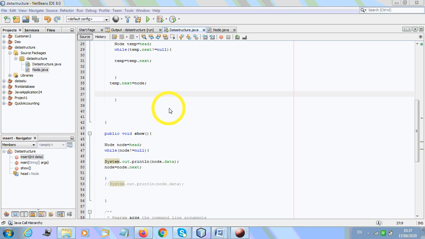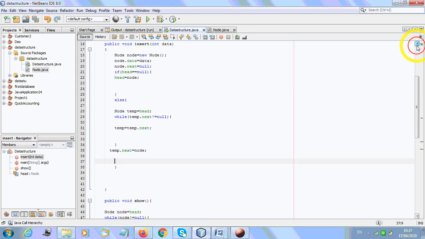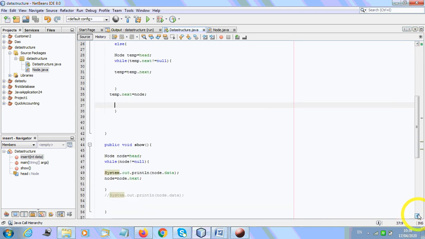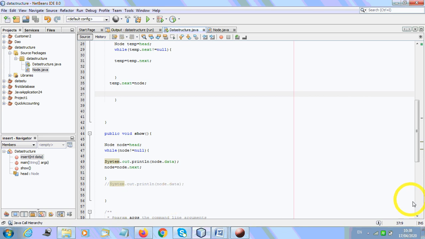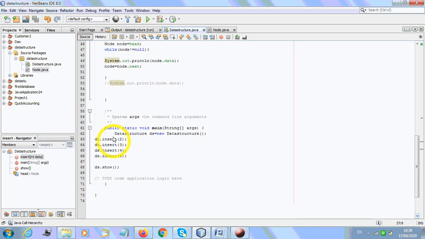So in my next video we are going to see the insertion at initial point, the insertion at the middle point, and we are going to make it generic also. So what is the meaning of generic? So here see, we are only able to store that integer value itself. Yes or no? See here we are only able to store what? Integer value only.